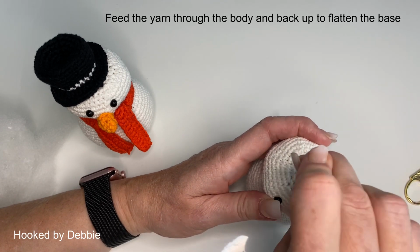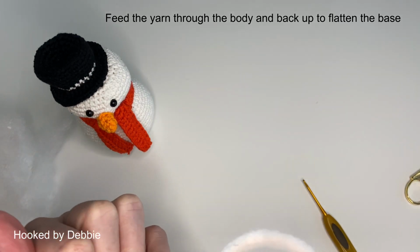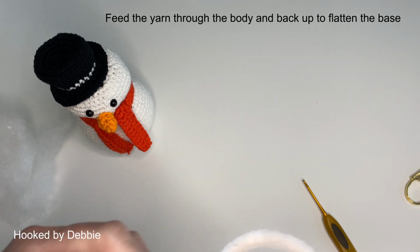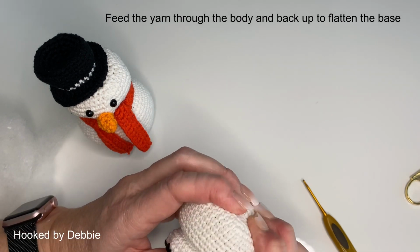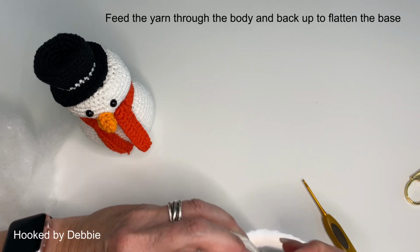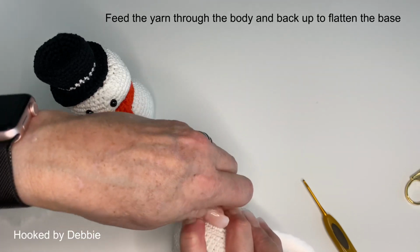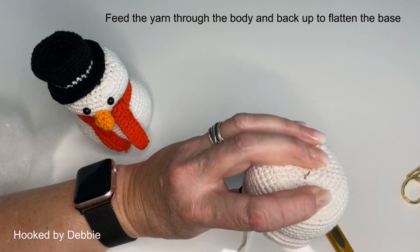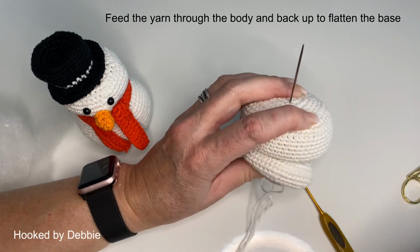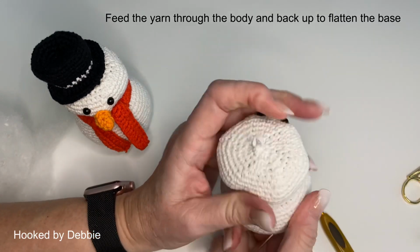And we're going to push the needle all the way through to the bottom. So you have to squash him down. So it comes out of the bottom. Here it comes. Sometimes I usually get my pliers to do this. Yep, got my pliers. A lot easier to grab hold of. You pull it through,